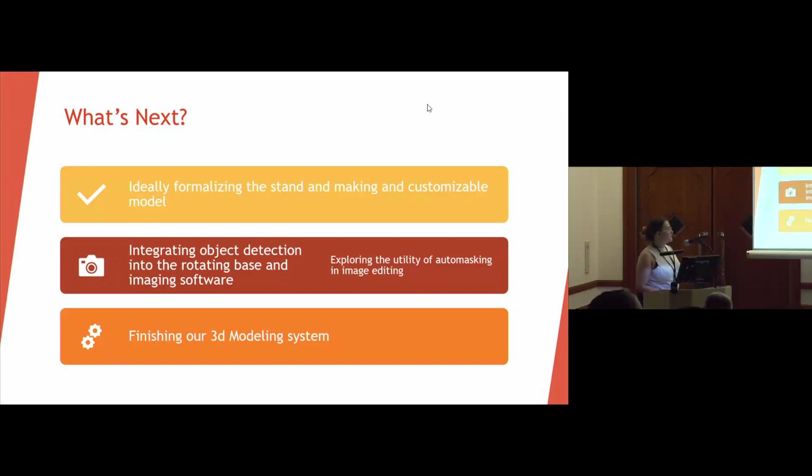That was me in somebody else's department, to finish our 3D modeling system and to look at integrating object detection to help stop the rotating base so you don't have to stare at a computer screen every time and hope you get it right, but endlessly amusing as you watch students try to navigate turntables. And to explore the utility of auto-masking and other image editing techniques to make a cleaner, more polished